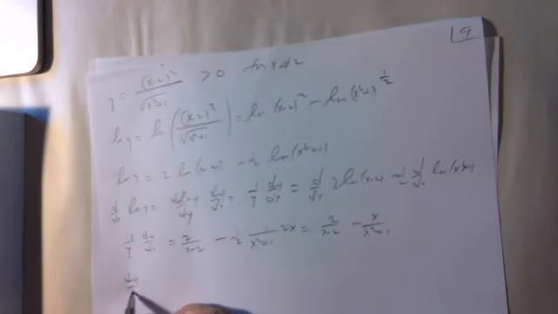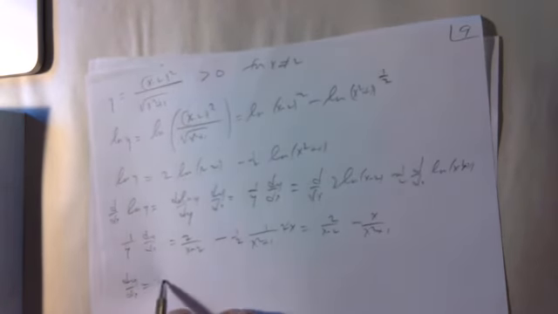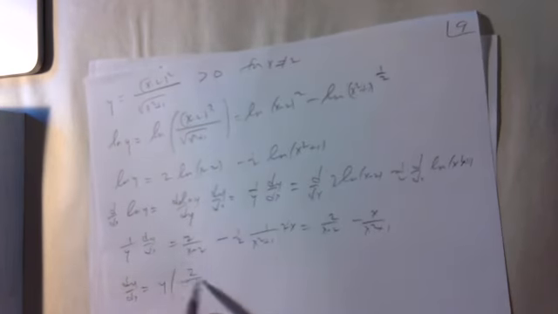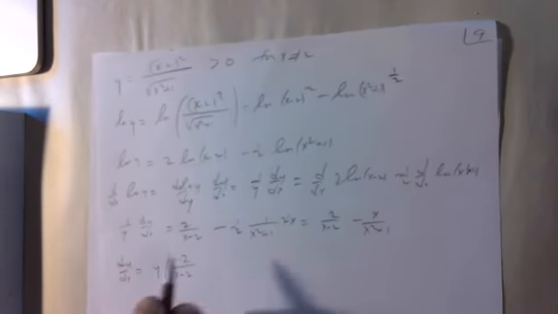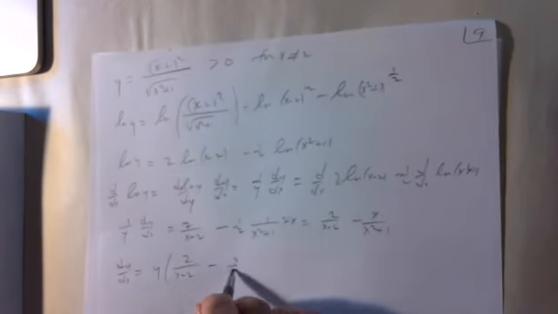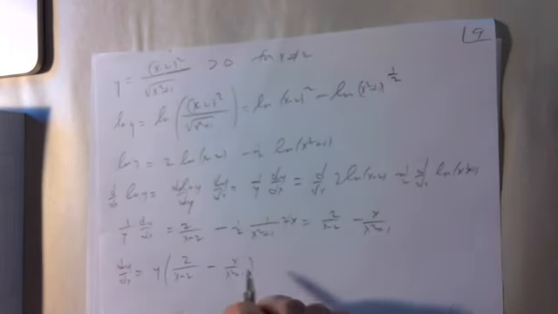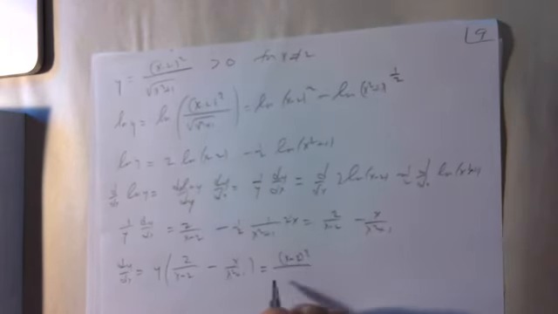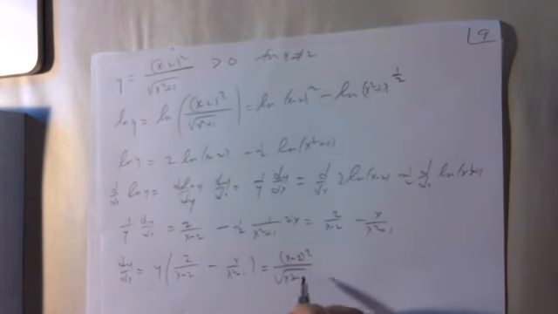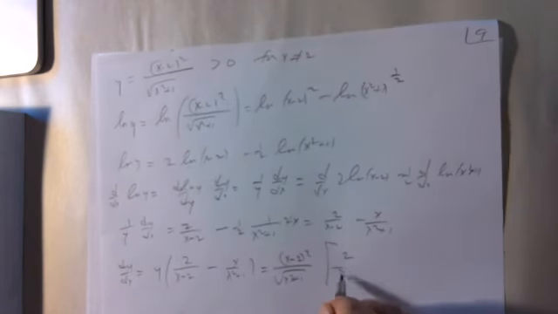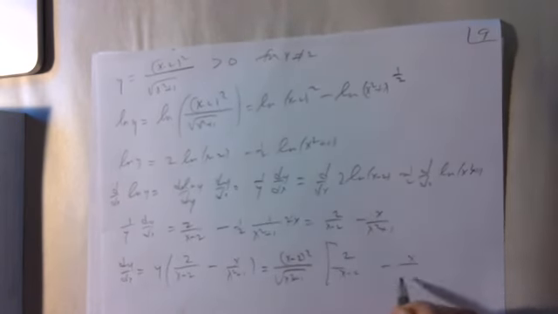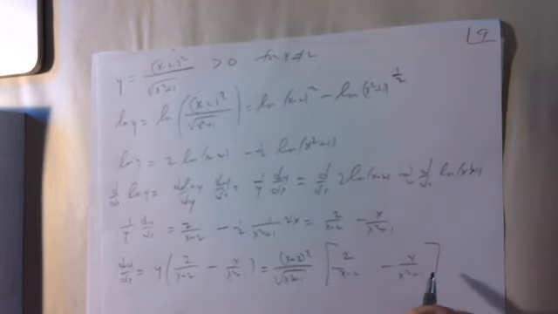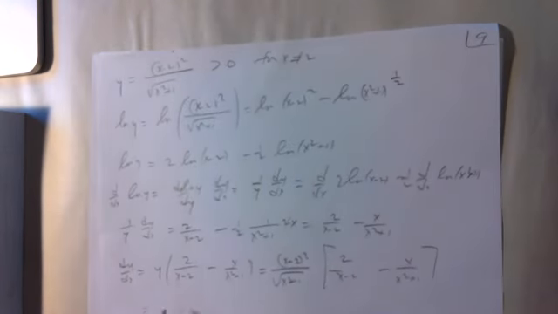So dy dx, this is 1 over y dy dx. So dy dx is y times this expression. So that's (x minus 2) squared over the square root of x squared plus 1, times 2 over x minus 2, minus x over x squared plus 1. If I expand that,